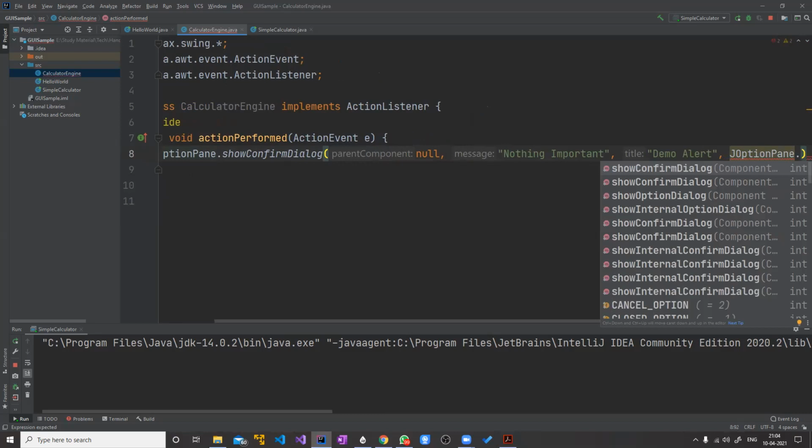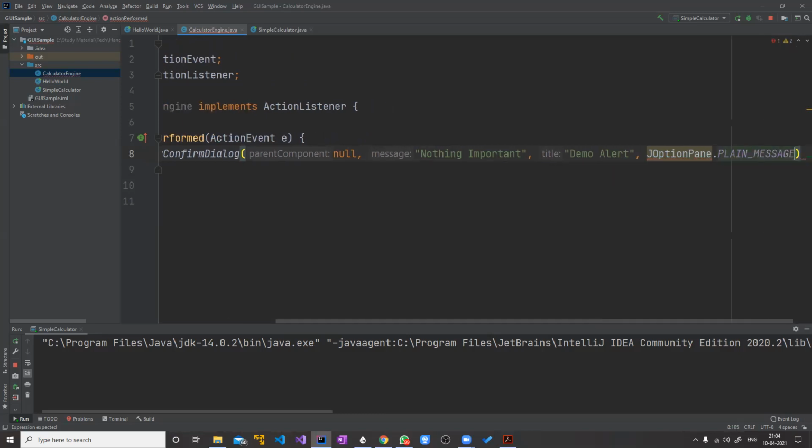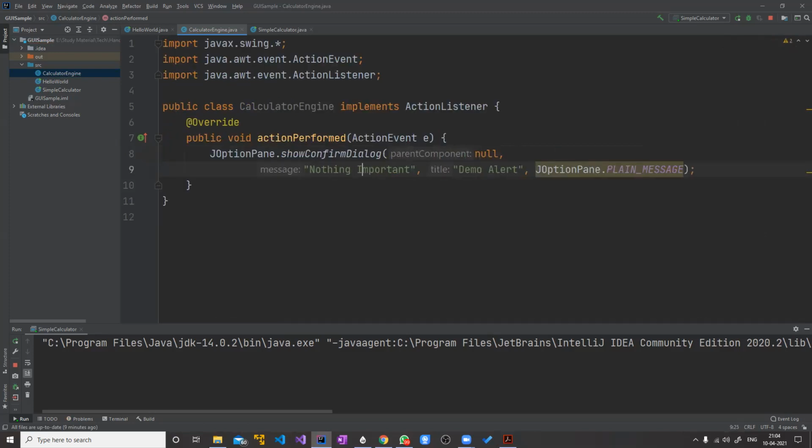I'm just building a demo program to explain different concepts of object oriented programming. So what type of message is this? It is just a plain message. That's all. And if it is not readable, let me, okay, I think that is sufficient.